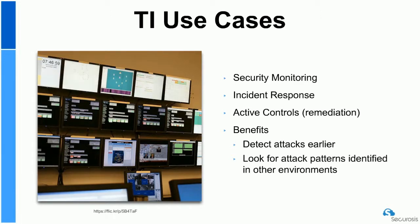So let's say that, like almost everything else, we're not able to prevent everything, which we're not, right? So detection and response has certainly been an area of focus for many large enterprises, almost every large enterprise. And we can also supplement our data with external threat intelligence to a great degree if we are in a response type of function. So that would look like we have an attack, we have to start